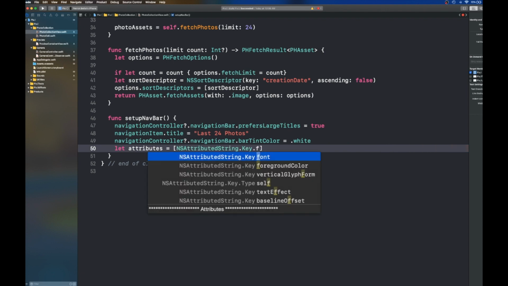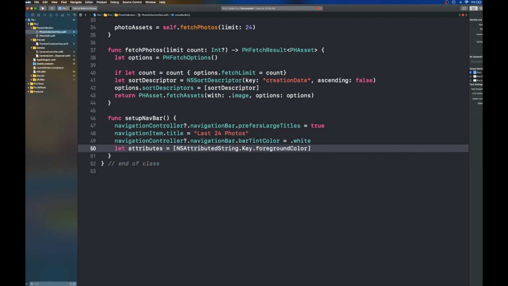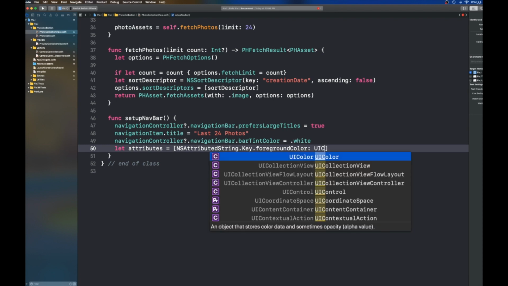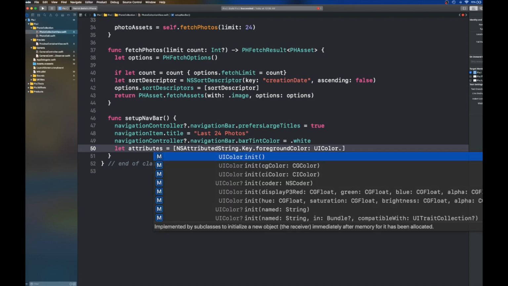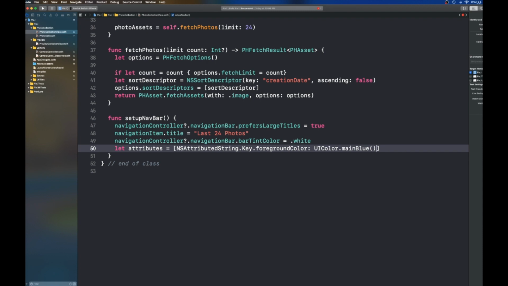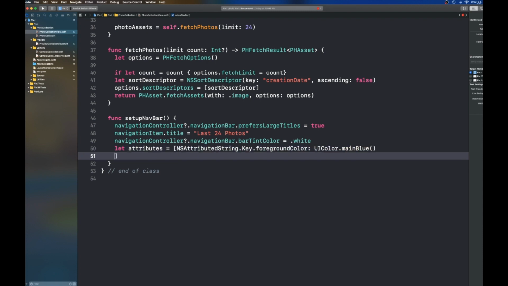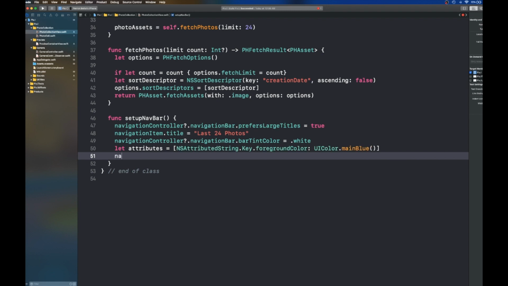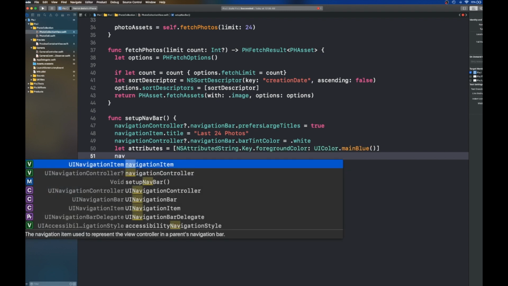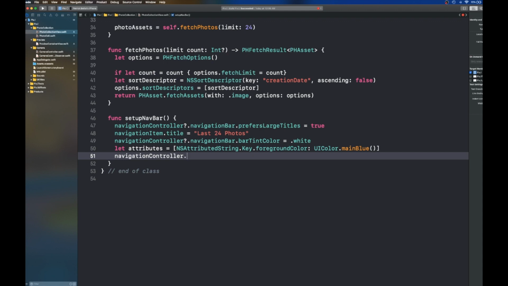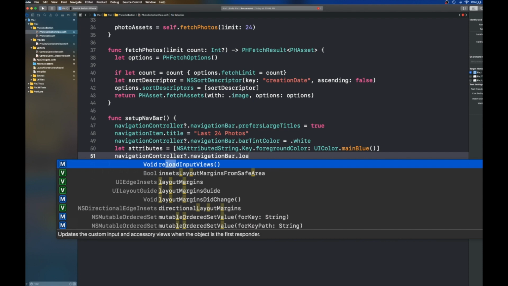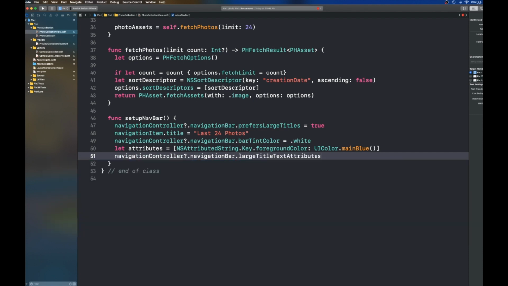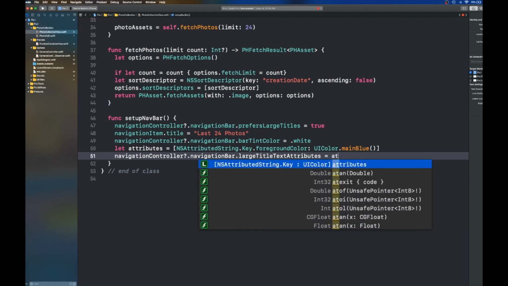Dot foregroundColor. Oh, there it is. This stuff changed, man. UIColor.mainBlue. All right, so that's the color for that. Whoop. All right, so navigationController.navigationBar.largeTitleTextAttributes equals attributes,